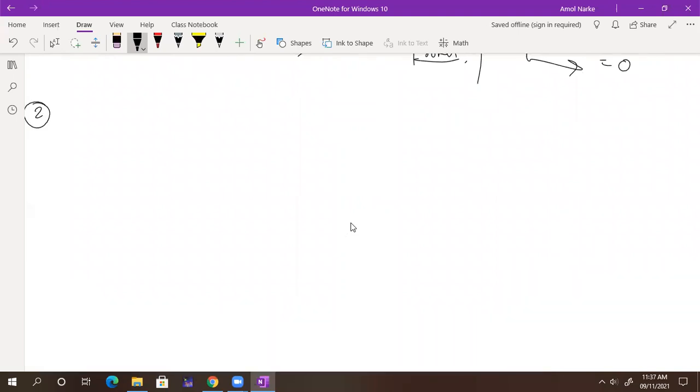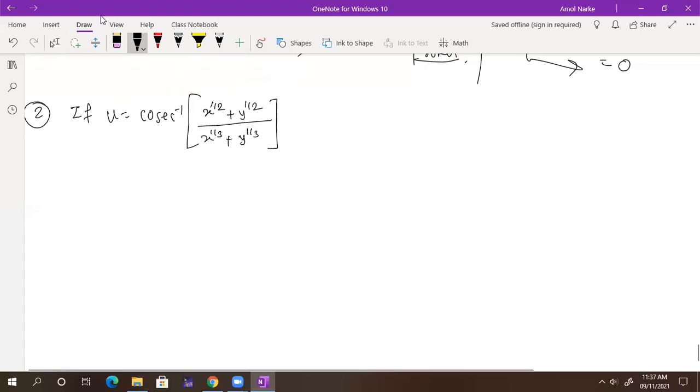The second one is: if u is equal to cosec inverse of x raised to 1 by 2 plus y raised to 1 by 2, whole divided by x raised to 1 by 3 plus y raised to 1 by 3, and again we have the square root of that. It is very big. So u is equal to cosec inverse of the square root of x to the 1 by 2 plus y to the 1 by 2 over x to the 1 by 3 plus y to the 1 by 3. Then show